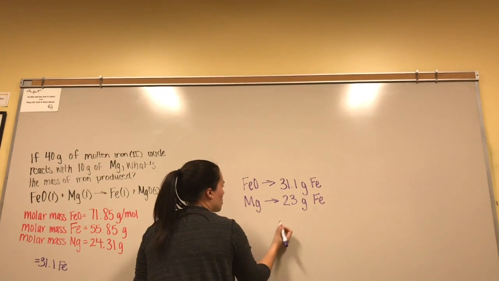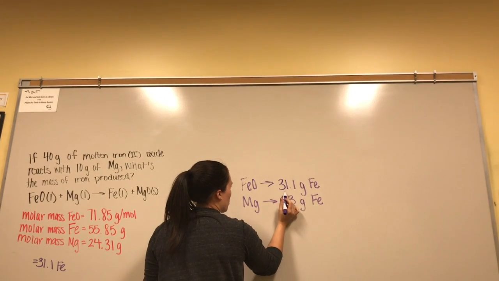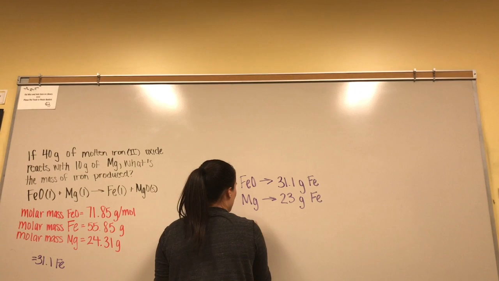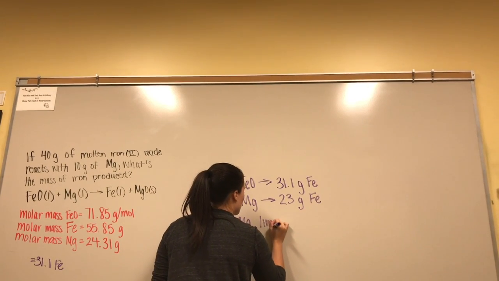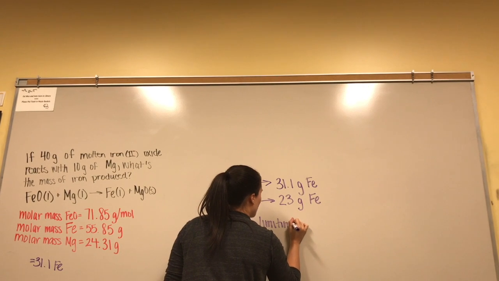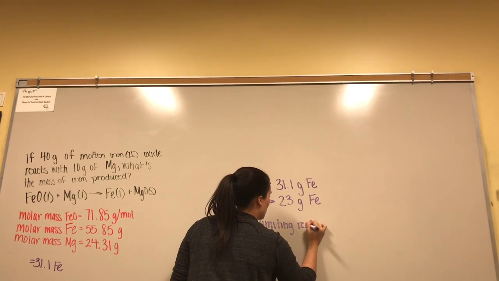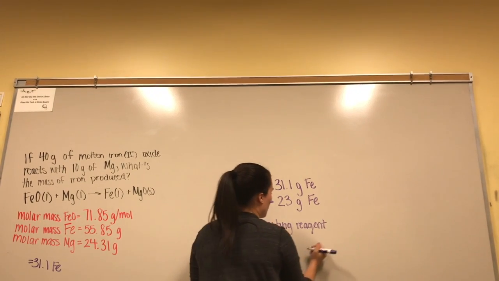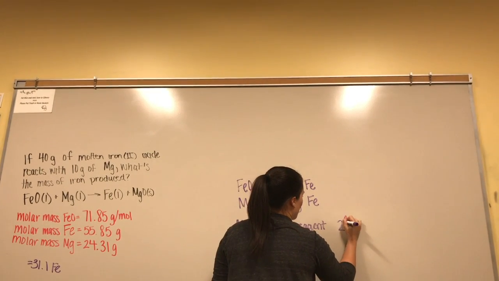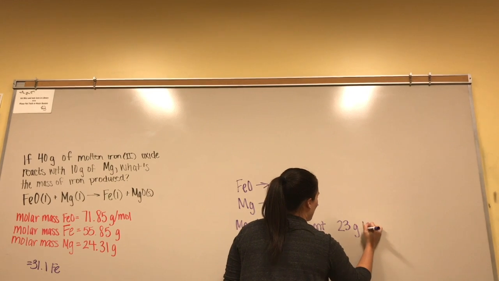And since the 23 is less than the 31.1 grams, you know that magnesium is your limiting reagent. And your equation produced 23 grams of